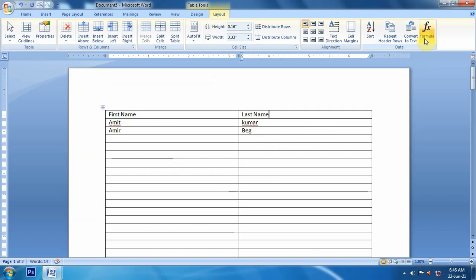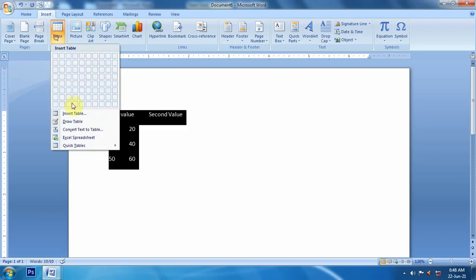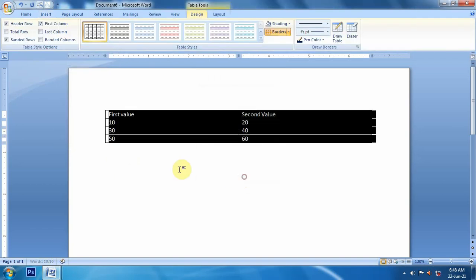One more thing is formula. Formula we can apply in a table like this. We will take a table like this, and we'll convert this text into a table.